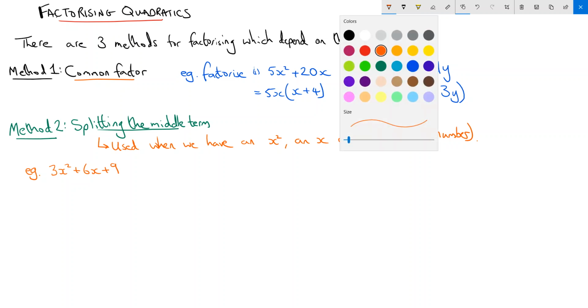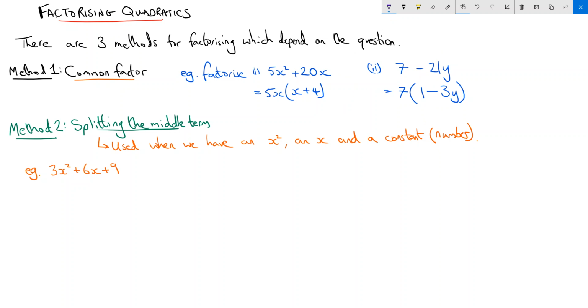Now there's a specific method for doing this that students don't really tend to like very much. But if you get this method down, you will be able to factorize anything that looks like this if you're able to factorize it, okay? So you should really, really try and learn this method. It will make things a lot easier. So for example, I'll work through an example with you. If we have to factorize